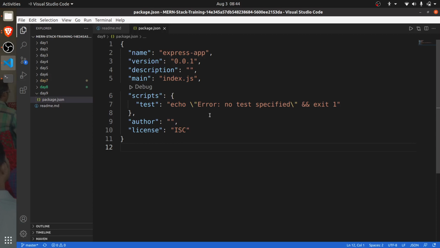So this package.json is the root file of your node project. Likewise, you get basic node modules which came with the Node.js installation.